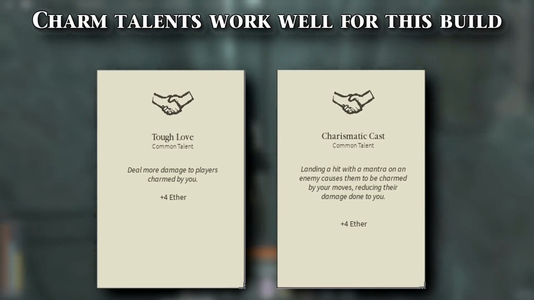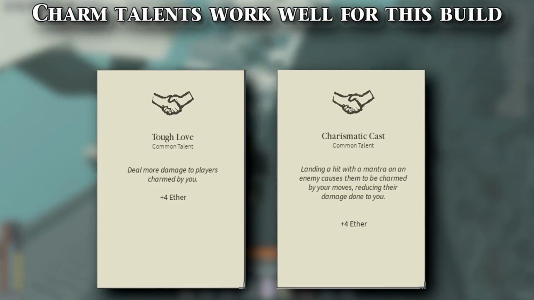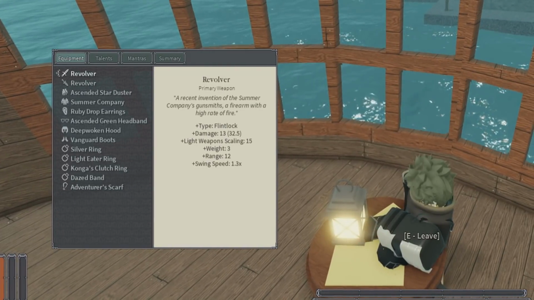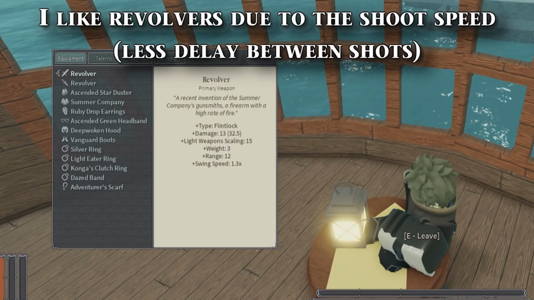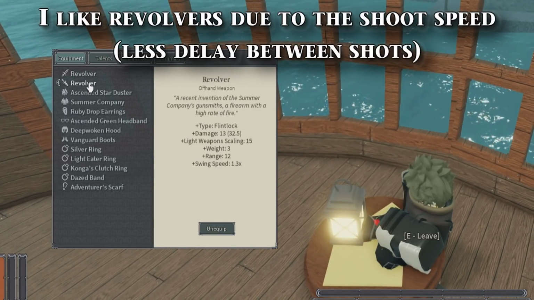And of course, the talent that actually allows you to do more damage to charmed enemies would be Tough Love, which is exactly what you want to be having. So if I'm looking at my stats, I'm knowing that I'm using the revolvers. I think the revolvers are very, very fast shooting besides the dragoons. Dragoons are kind of slower, but they do more damage. Right now it says that I do 32.5 damage per shot, and that is going to be increased if I'm